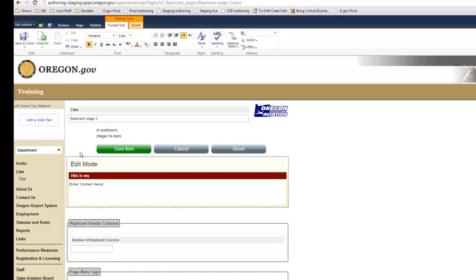And this is my new replicant item. And my new content. And again, in order to solidify that, I have to click Save Item. If I don't click Save Item, and I go right up here to Save and Close, this new section will replace everything else on the page, and it will frustrate me because then I'll have to go through hoops to get it back. So I will click Save Item,